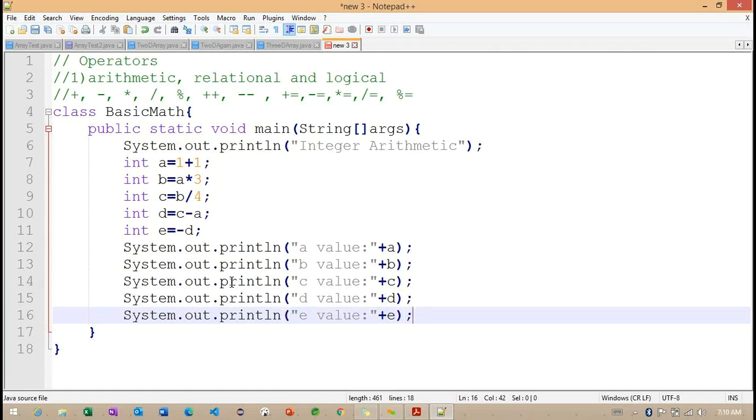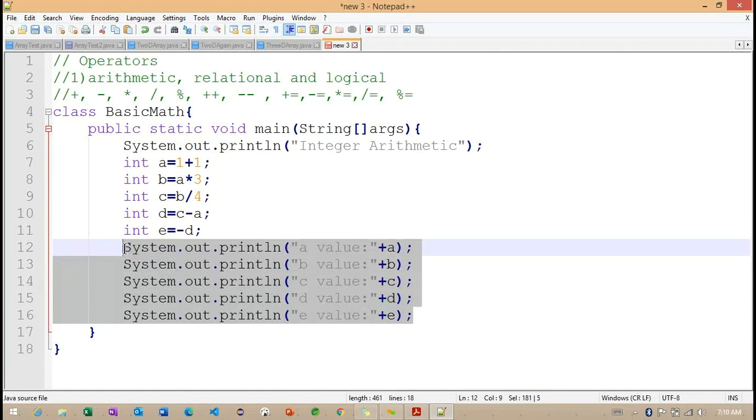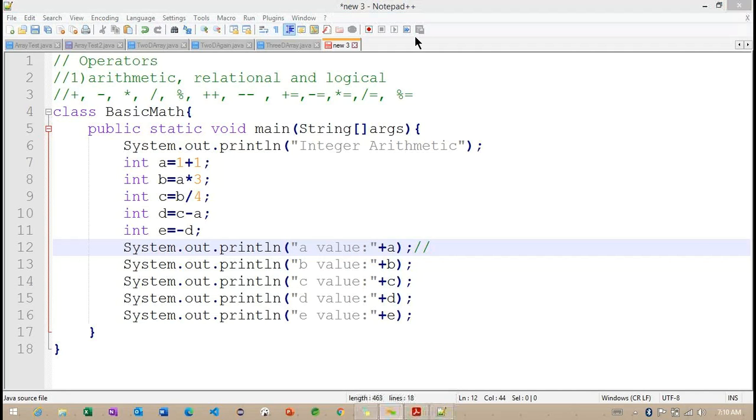So can you please let me know what these println methods are going to return? Whatever the a value is, what are you expecting for the a to e values? Try to think about the current example and how the basic arithmetic operators are used internally. Can you please let me know what your answer is here?